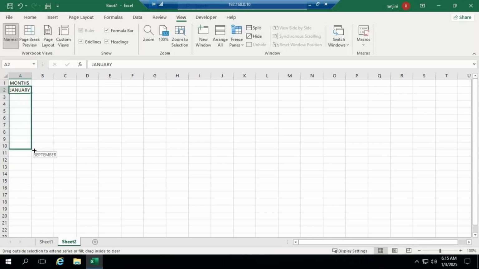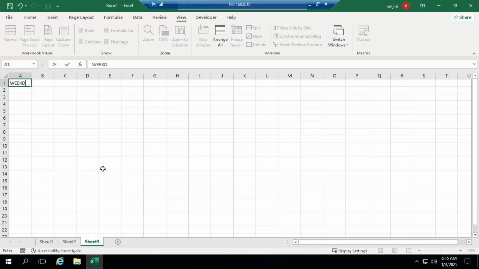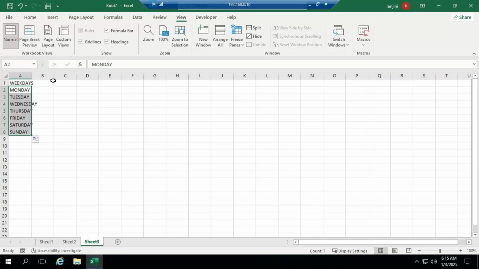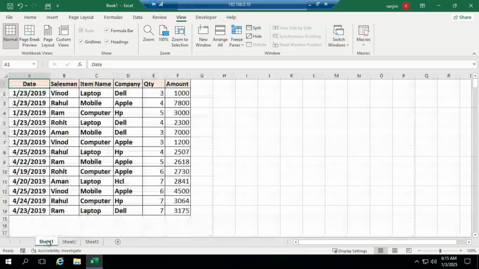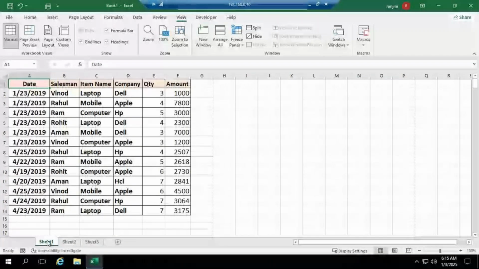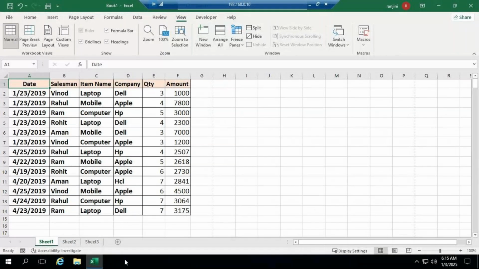I have different content in different sheets. In this workbook, I have 3 sheets. Each sheet is having different content. If I want to view all the 3 contents